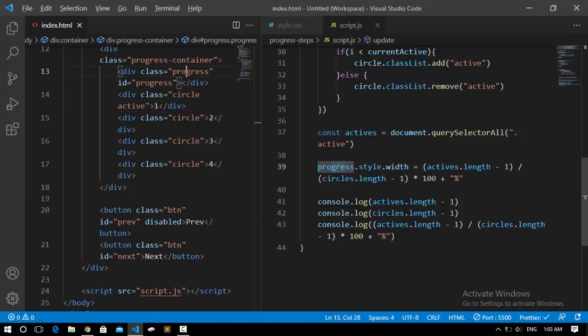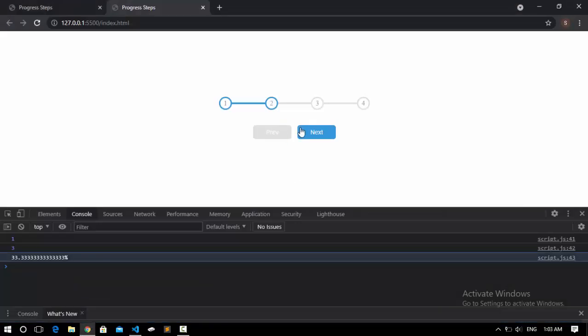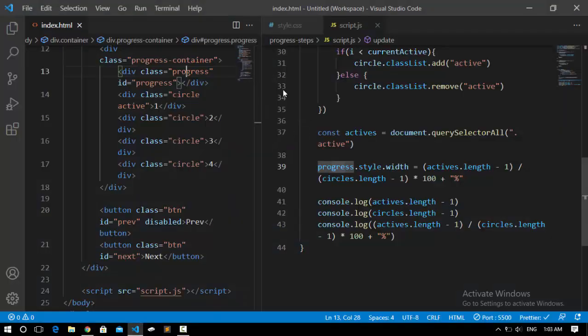So each time that we click this, it divides this div into 3 parts, and every time we click on it, it increases 1 divided by 3 parts of it. So I hope that it makes sense. So after that,